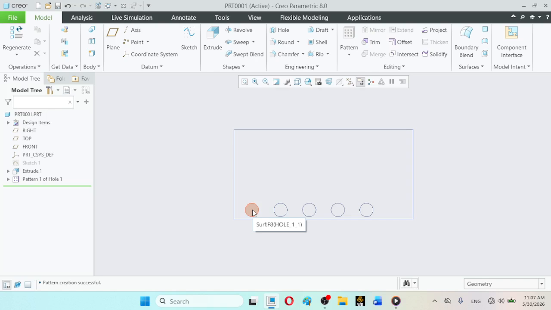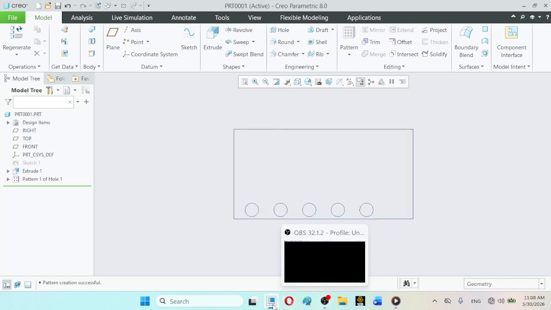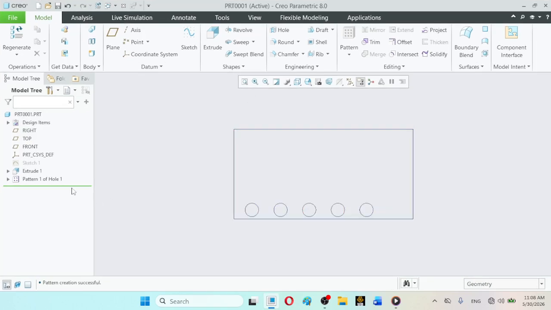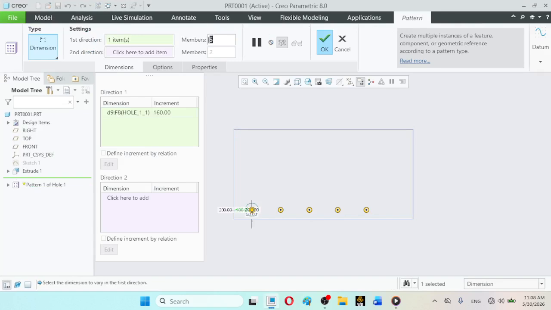So the total number of objects will be 6 for 5 separations. So that actually means here you can observe that if we go into the editing, here we should input 6.